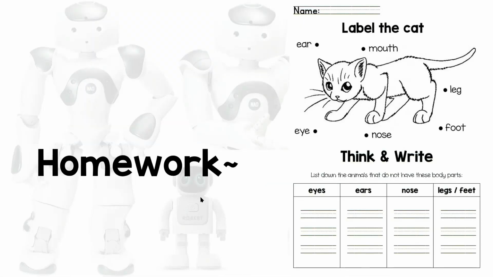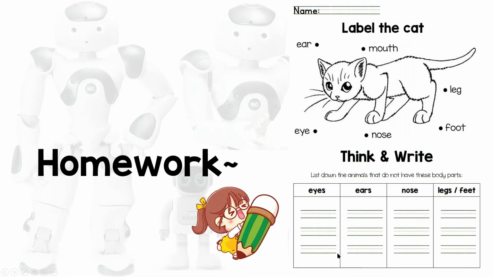Finally, it's homework time. You can find this worksheet in Google Classroom. There are 2 portions to complete. 有2个部分要完成的。The first portion is to label the cat. You will have to draw lines to show where is the ear, the mouth, the leg, the foot, the nose, and the eye. 你们就要在这边画线，哪一个是 ear, mouth, leg, foot, nose 和 eye 在哪里？要画线。